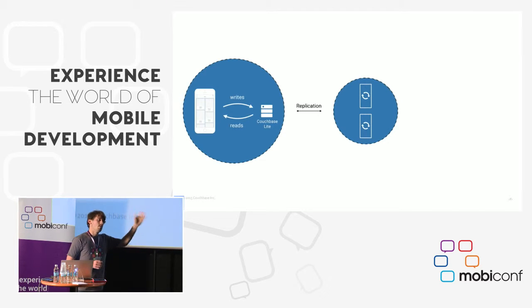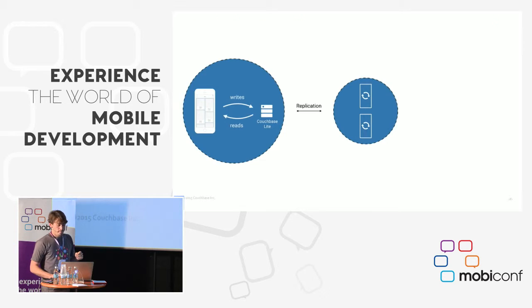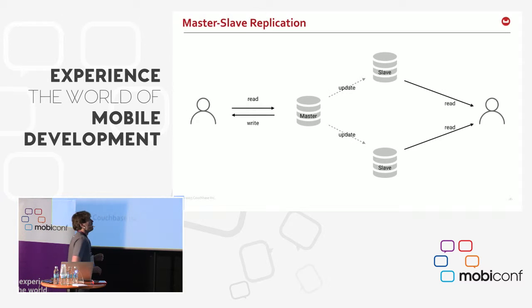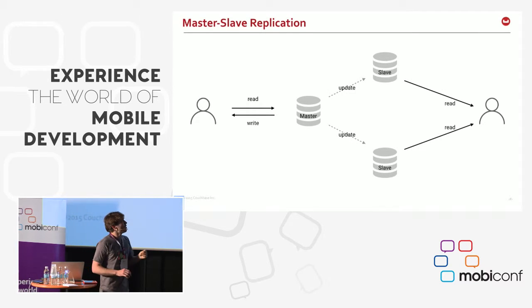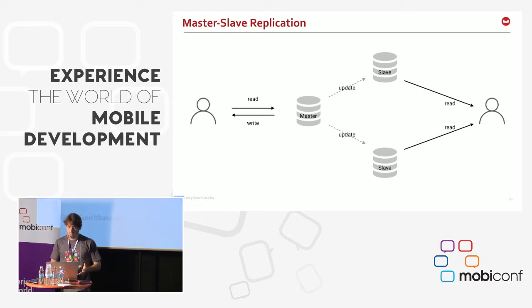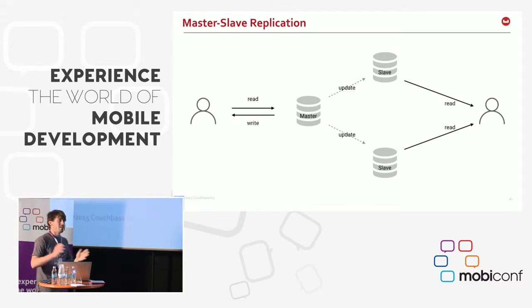If you say that the source is Sync Gateway and the target is Couchbase Lite, you're pulling. So that works well when you have a client and a server. Just maybe you're doing one directional